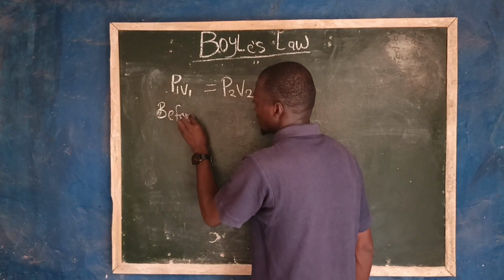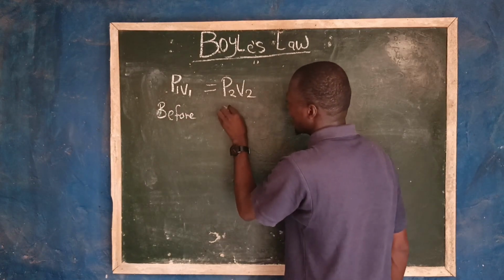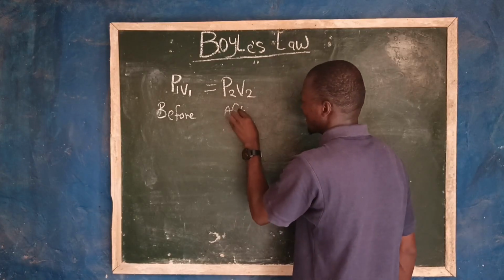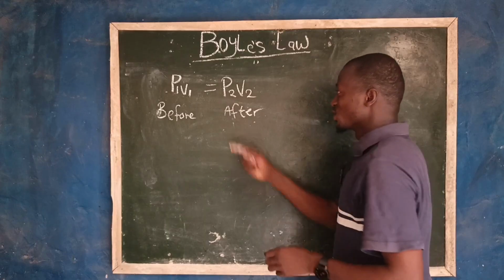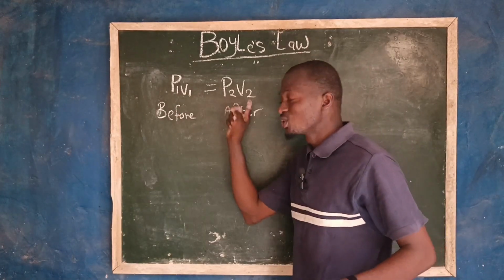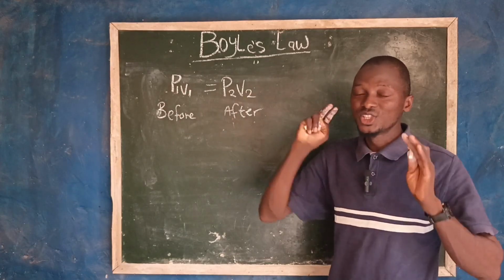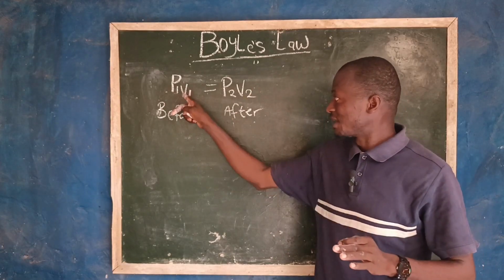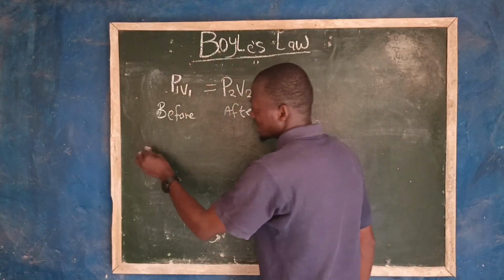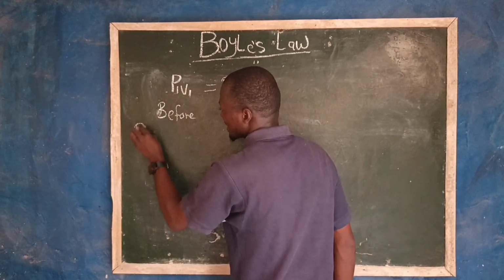Then after here. The reason why is P1 V1 equals P2 V2. This is the initial stage, which is P1, which is initial pressure, and V1. Let me write it, which is P1 stands for